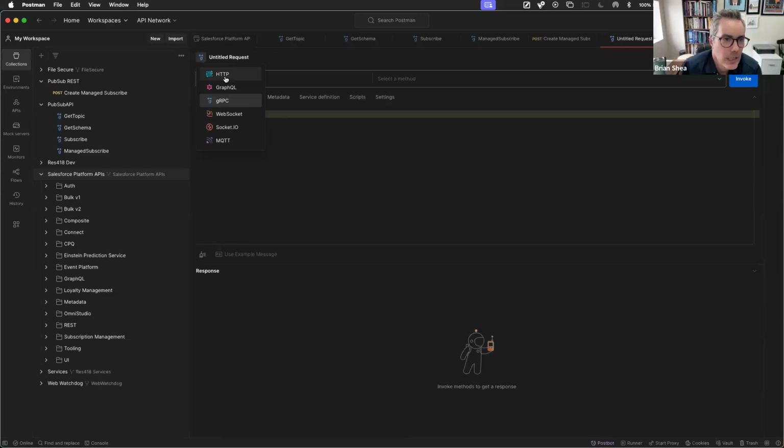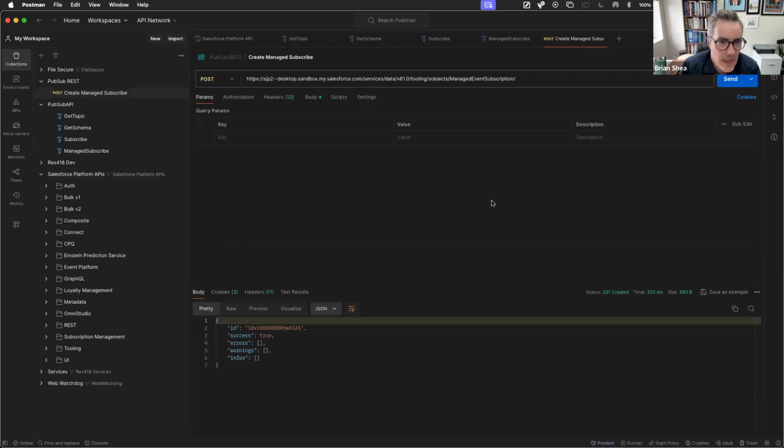Jonathan, just one quick question. To set that up, to access that org using the PubSub API, did you need to create a connected app or no? Not for this. So for my demo in a second with the Python client, yes. For this with Postman, no, because it should have created an OAuth connection anyway within Salesforce. I didn't have to. You could install the connected app, I think, if you want to go into Salesforce and install it yourself and manage it. It'll be automatically created. Cool. No worries.